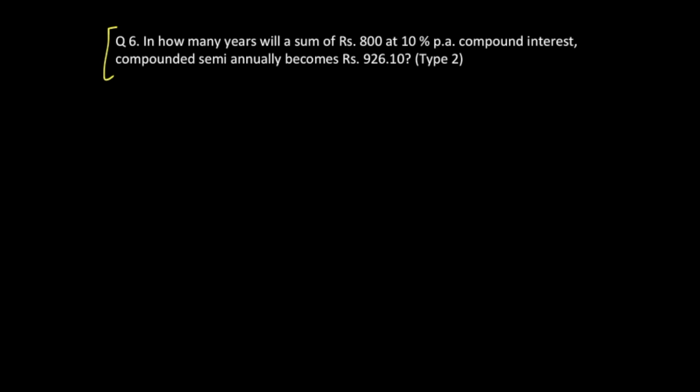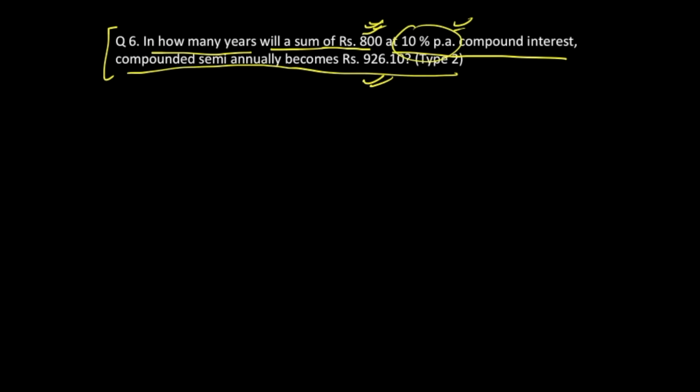Alright, so question number 6 is asking: in how many years will a sum of rupees 800 at 10% compound interest, compounded semi-annually, become 926.10? So this is the sum being invested at 10% per annum, compounded semi-annually. It is becoming 926.10. So this is your amount value, this is your principal value, this is your 10% per annum rate value, and time is